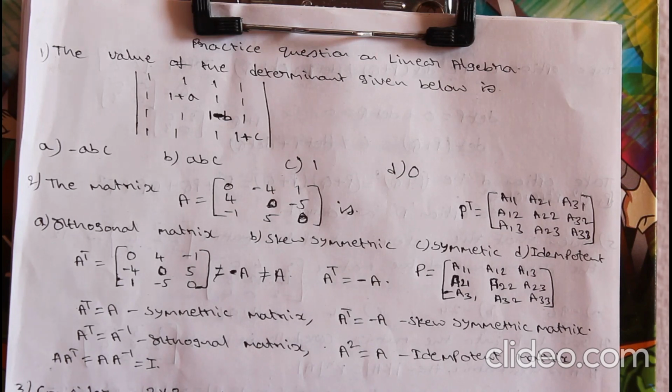In step 2, start solving the numerical questions on matrices. Try to solve them step by step first. That means calculate the inverse of a matrix step by step, the transpose of a matrix, the determinant of a matrix, eigenvalues, eigenvectors, and the rank of a matrix, and what the possible solutions are for a system of linear equations in the form Ax = 0 and in the form Ax = b, by reducing the matrix into echelon form. These things, step by step, first try to solve. This is step 2.